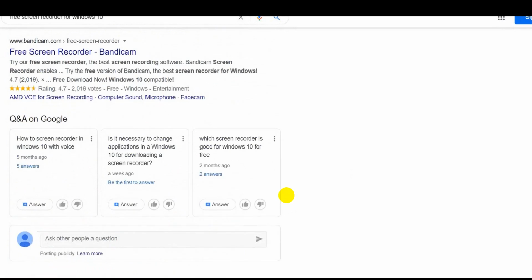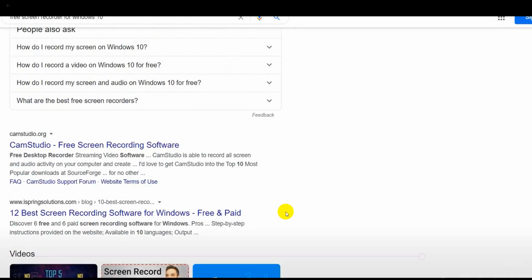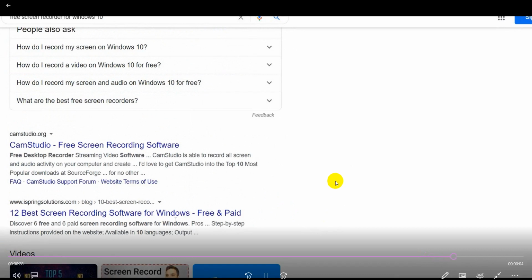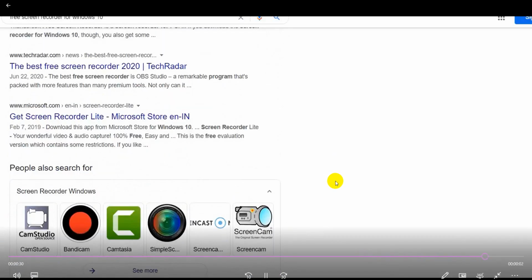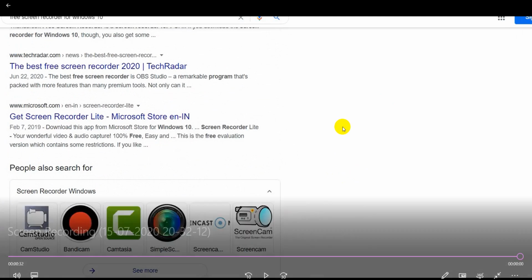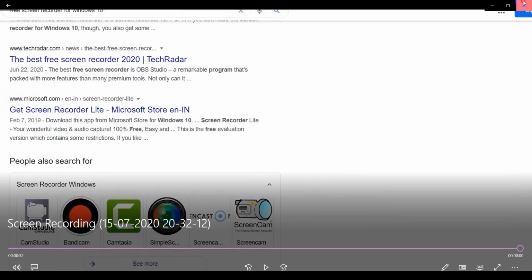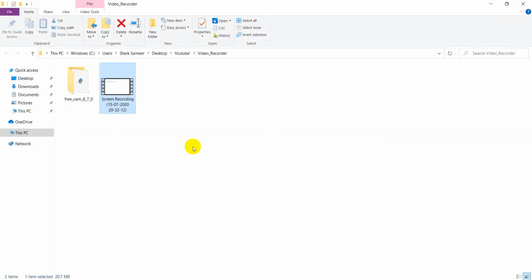Now resume. Now I am stopping this video. In this way you can use the FreeCam 8 screen recorder. This screen recorder records unlimited length of videos.